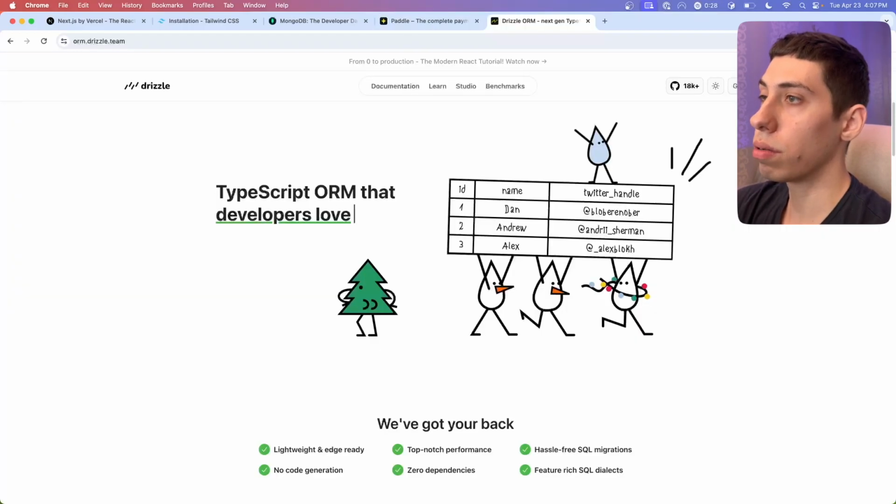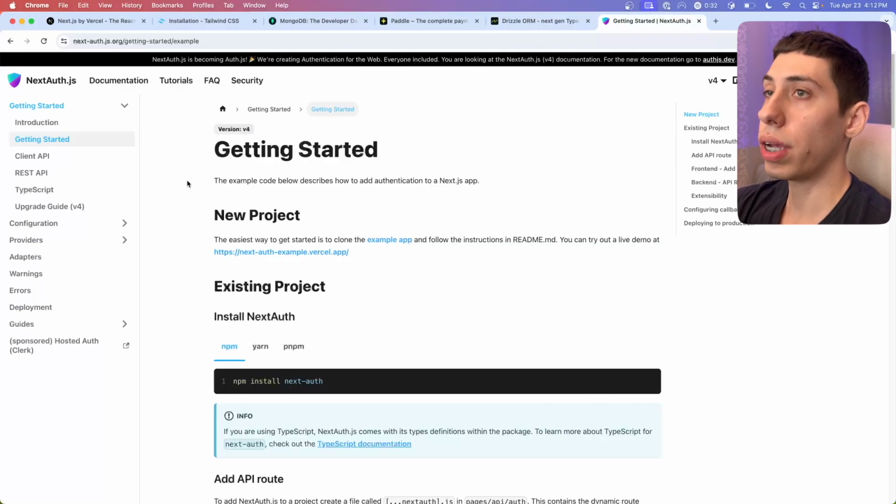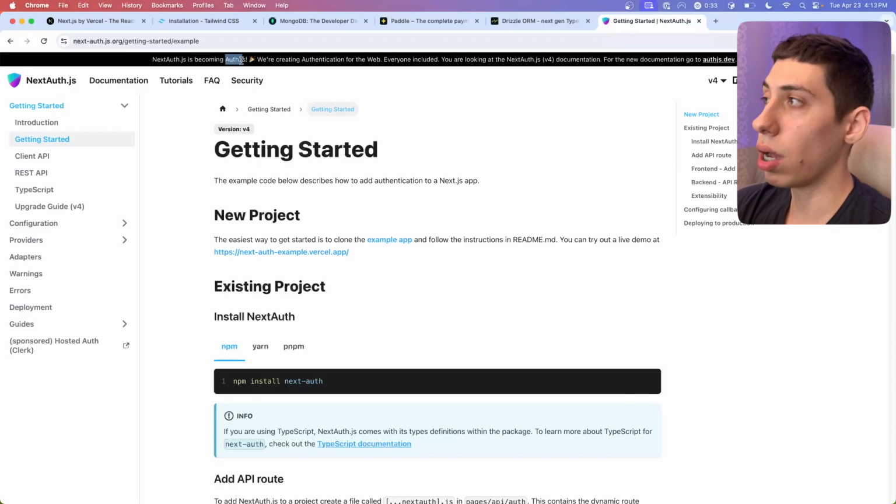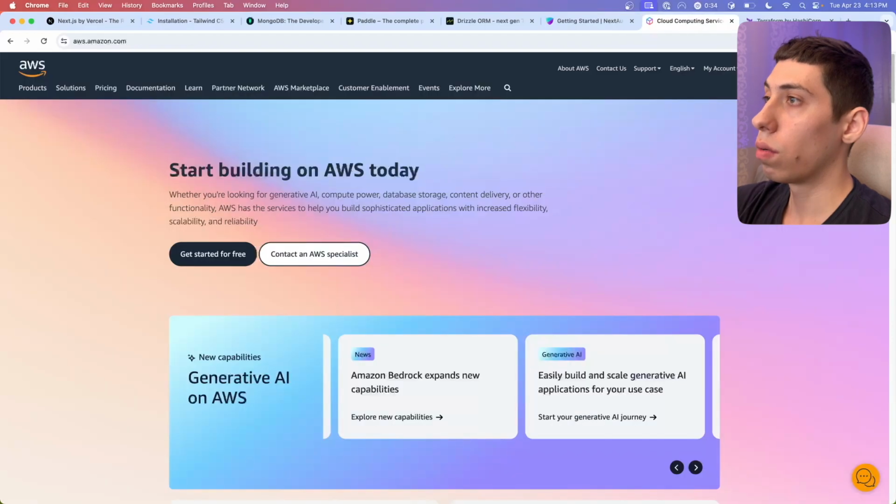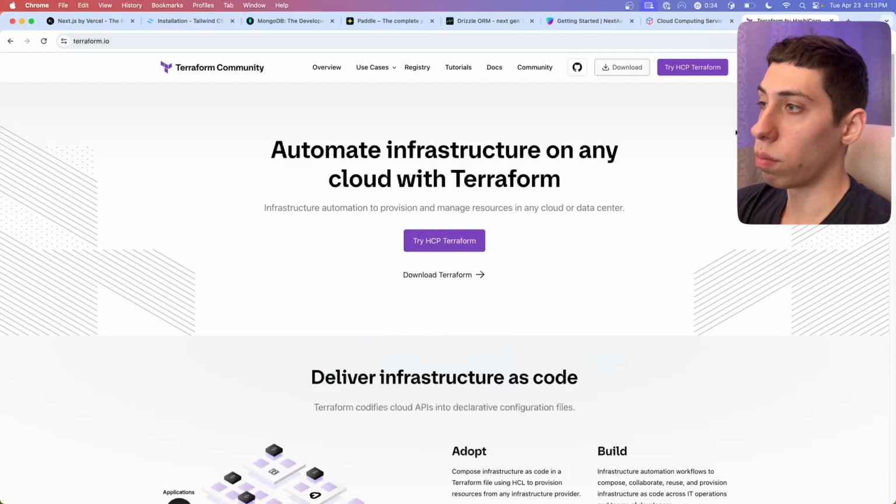Next, I'll be using Drizzle as an ORM. I would use Prisma, but it is a bit too heavyweight, I think, in my opinion. And Sequelize, on the other hand, does not fully support TypeScript as I wanted, so the choice is obvious. For authentication, I'll be using Next-auth, and maybe I will even try Auth.js. Usually I would develop authentication myself, but this time I want to outsource this to a library. For infrastructure, I'll be using AWS paired with Terraform, the infrastructure as code tool.